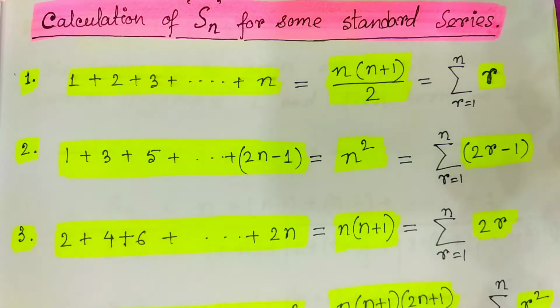Till now we have done so many videos on sequence and series, and these sequences and series are especially of three kinds. One is the AP, another one is GP, and one is HP. Apart from these AP, GP and HP, there are so many sequences and series that can be formed. So if we have such types of series, then how to find out the SN? That is the topic for this video.